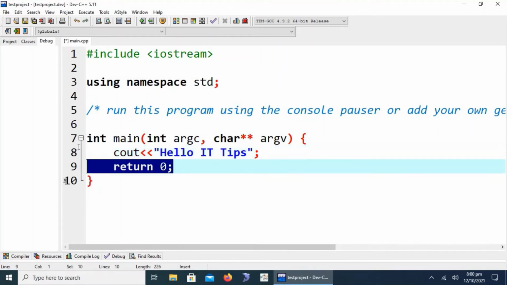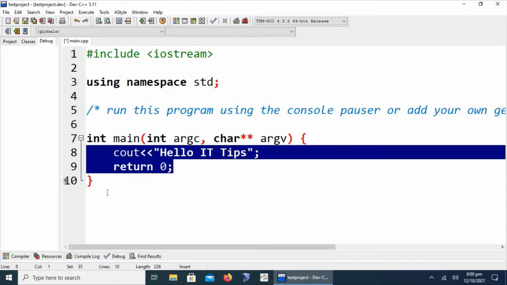If we want to comment a section that contains many lines, rather than typing the comment symbols, we just have to press Ctrl+dot or Ctrl+slash to comment, toggling between comments in the Dev editor.